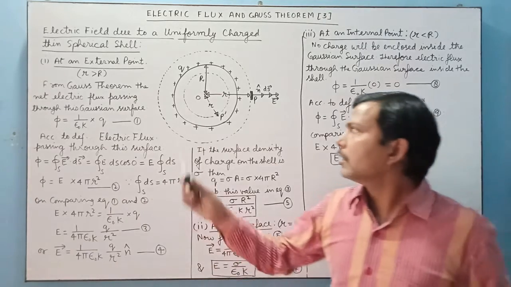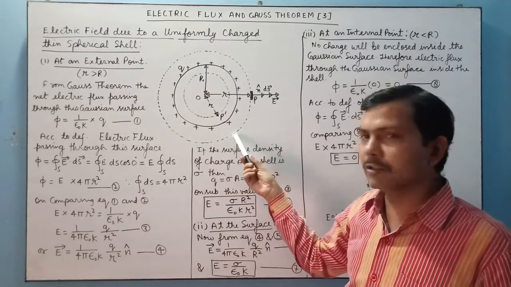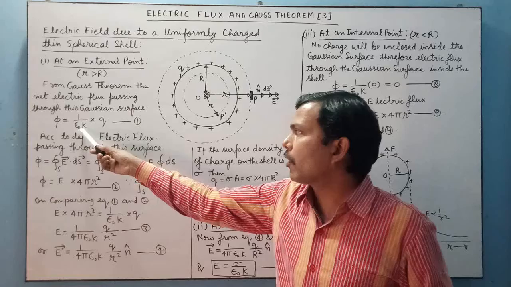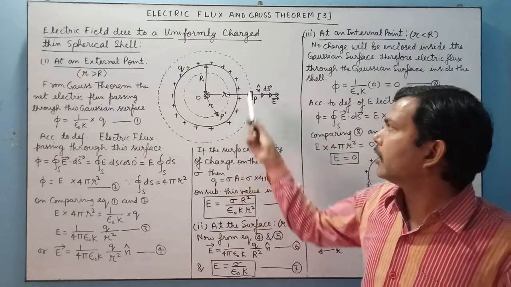So first, by using Gauss theorem, we will determine the electric flux passing through this Gaussian surface, and it comes out to be phi is equal to 1 upon epsilon 0 k into q, where q is the charge enclosed